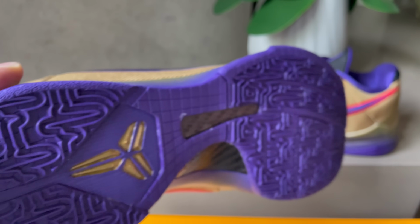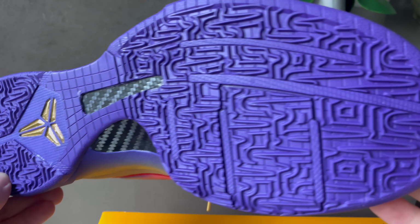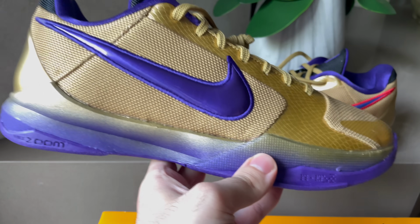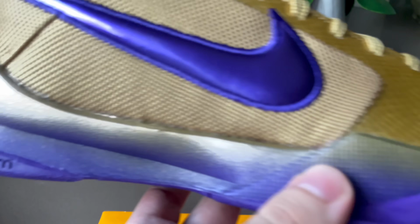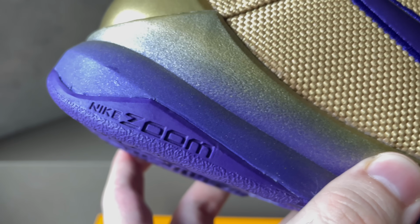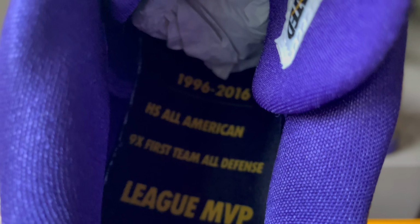Quick look at the outsole on these. Again, exact same thing. Purple outsole, gold logo, carbon fiber. The gradient on them is the same as well. Before I forget, we do have Zoom technology on these if you guys are unfamiliar with that. Right there, Nike Zoom. And then the one other difference I want to show is that on the right side,